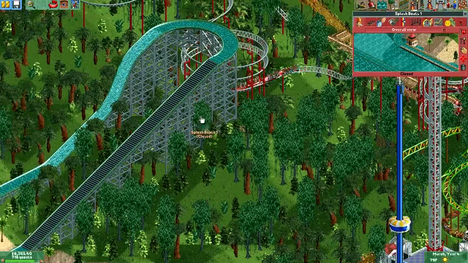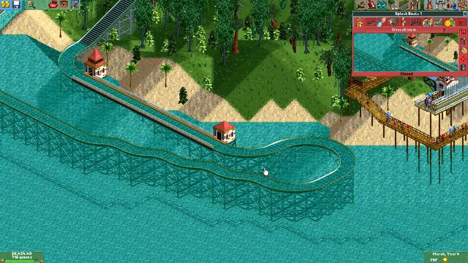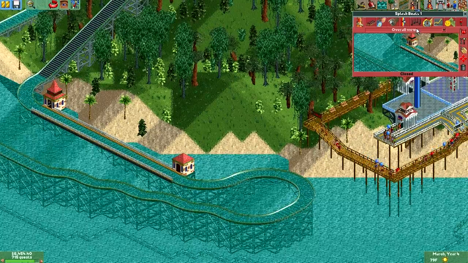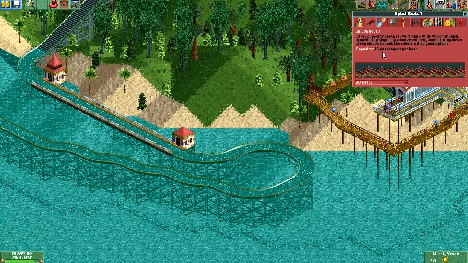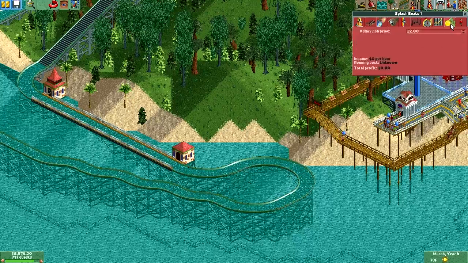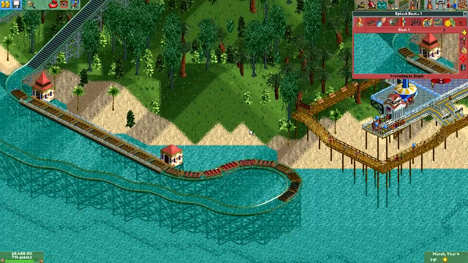I quite like it ascending into the jungle and having that massive splashdown. And then having a nice little gentle bit over the water at the end. That's quite nice. So we don't get any choices. It's just splash boats. Yeah, 20 boats with 16 passengers per boat. If we get a few people using this, this is going to be worth a hell of a lot of money as well. Right, put it into test mode, follow boat 1, we'll keep an eye on that,